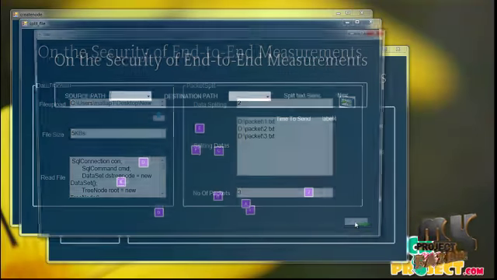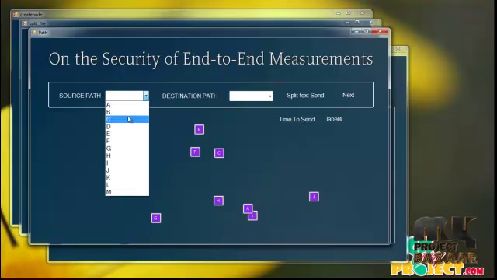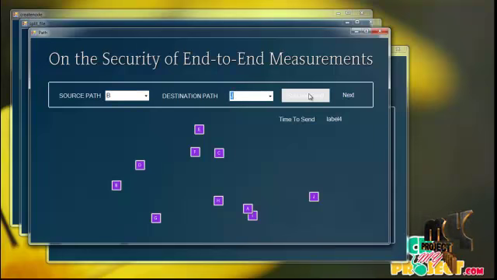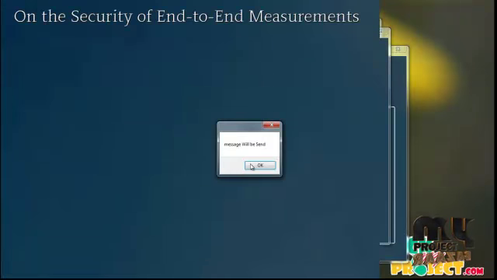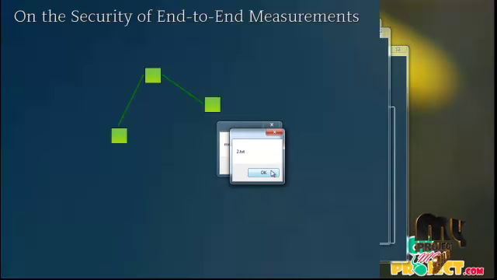Click on the next button, and the user selects which path to send. I have selected the source node and destination node, B to J. Click on the split text to send button. The message will be sent. The data is sent separately in various paths. The files are received successfully. The 3 packets are sent and received successfully in various paths.